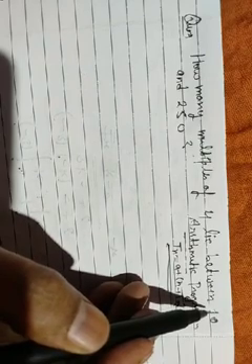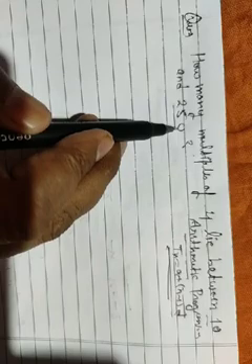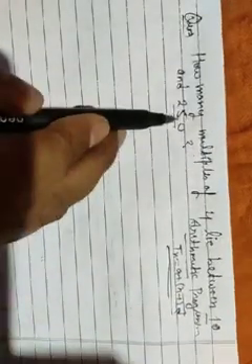One of the problems we have: how many multiples of 4 lie between 10 and 250? Remember that it's asking for numbers that lie between 10 and 250, so we are not going to consider 10 and 250. We have to exclude these given numbers, 10 and 250.